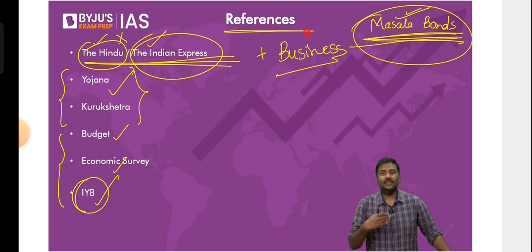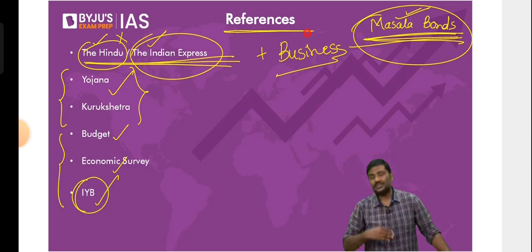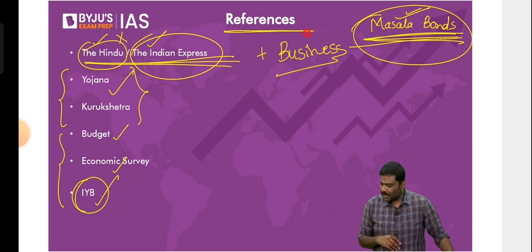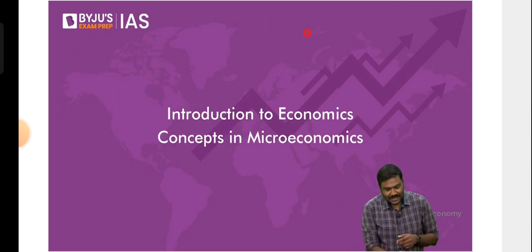My recommendation is try to do it on a continuous basis. Reading newspaper, revision, or let's say revising once every week. You make your own plan, but try to stick to the plan. Then you see after 1 or 2 months, automatically the terms in economy, or let's say the articles in economy, will start becoming very clear to you. Done. So let me start then.